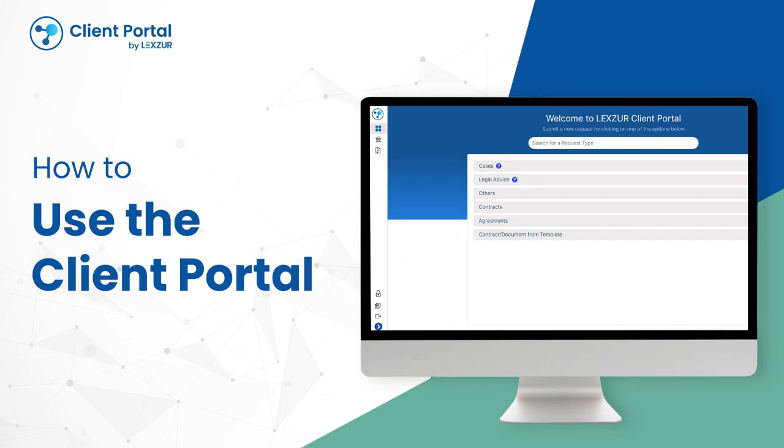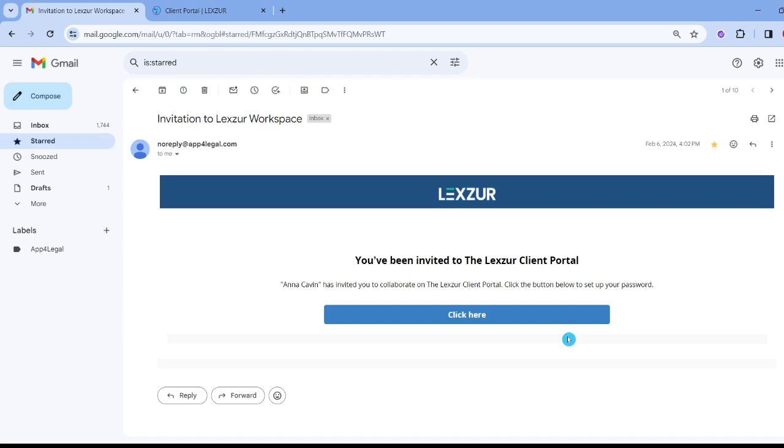Hi. Lexzur Client Portal facilitates collaboration and communication between legal teams and their clients and requesters. To access the client portal, the admin must add you as a client portal user within the main system. You will receive an email invitation to access the portal and log in using your email credentials to set up